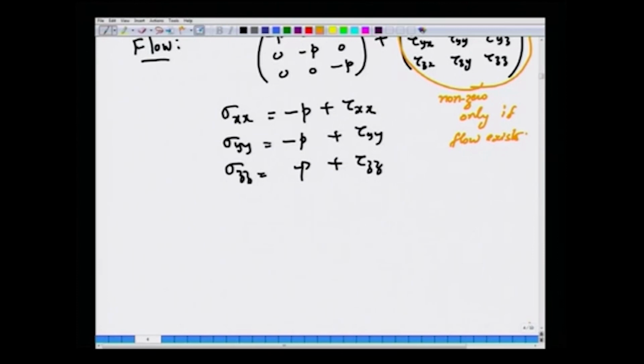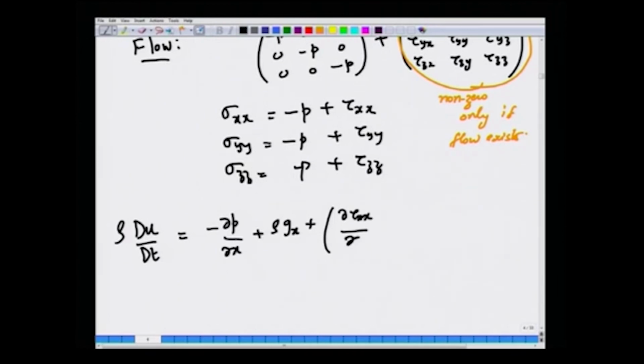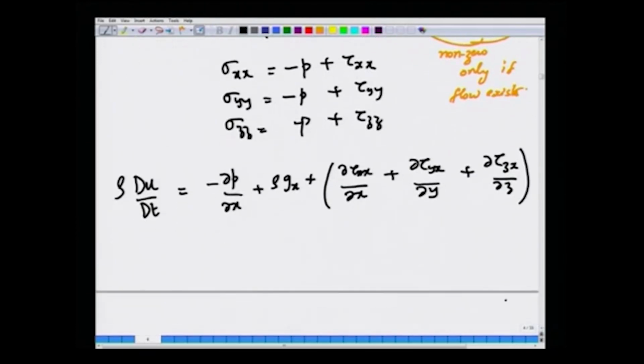Okay. So, then we wrote rho du dt is minus partial p partial x plus rho g x plus partial tau x x by partial x plus partial tau y x by partial y plus partial tau z x by partial z. Okay. This is the first term, the x component,